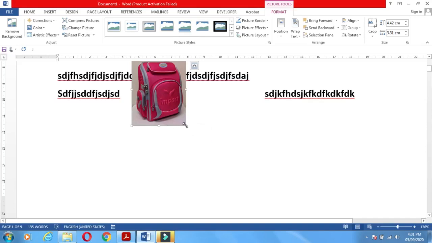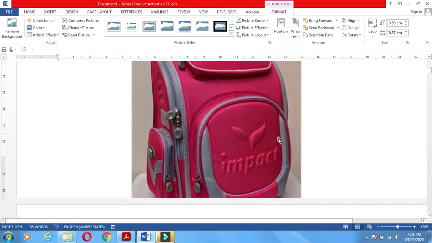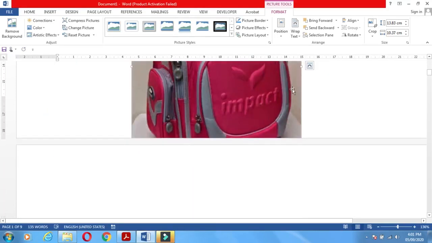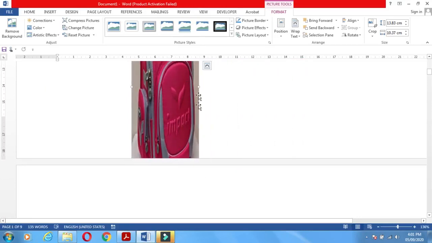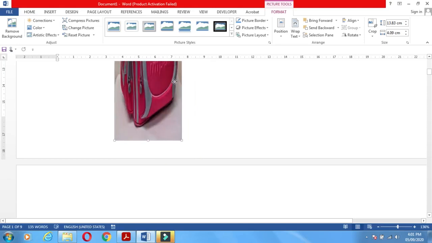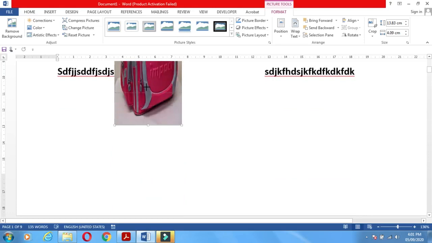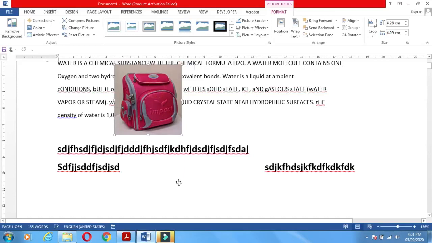If the inserted picture is big and you have to manage that picture in Word documents, you just click on the border side of the picture and drag it. Click the left mouse button and drag the picture, and crop the size of your picture from the border edges.